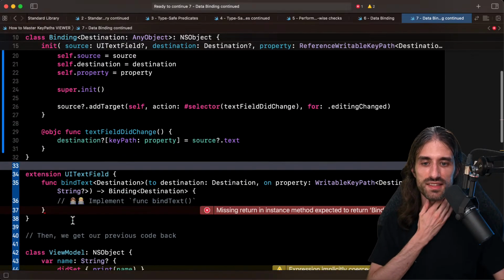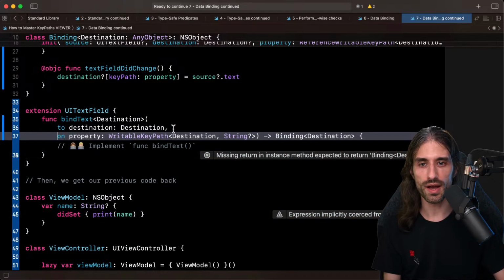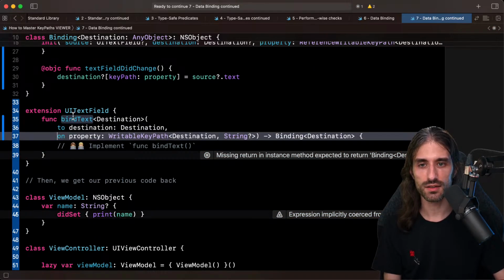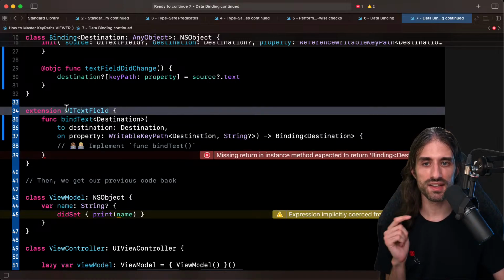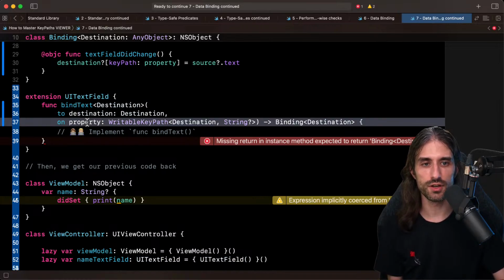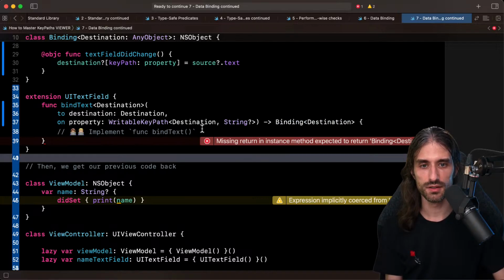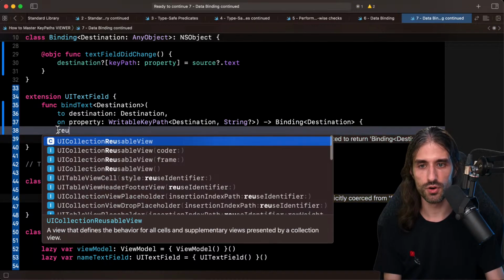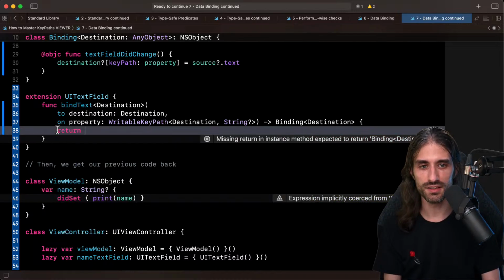Then we need to implement an extension so that we are able to bind the text of the text field. Sorry, I made a mistake at the beginning. I implement an extension on text field with a method bind text so that I am able to bind the text of a text field to a destination on a given property. And this returns a binding. So I'm just going to follow the types as we've done lots of times in this course.